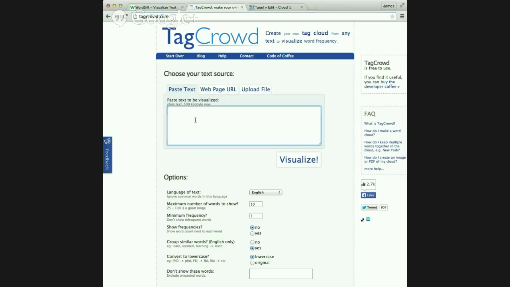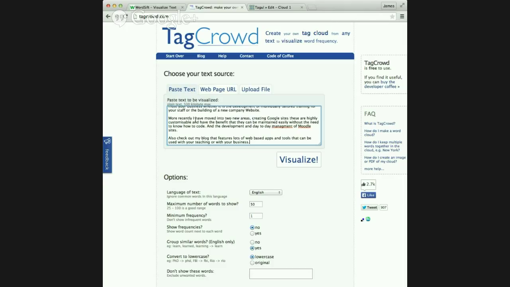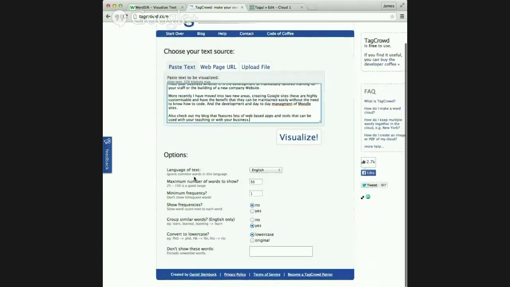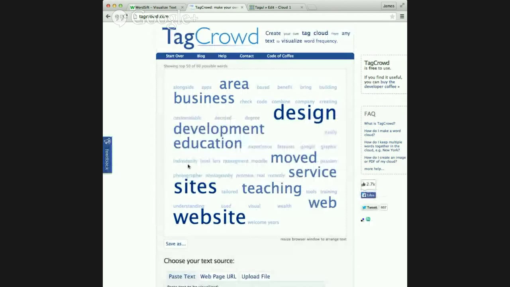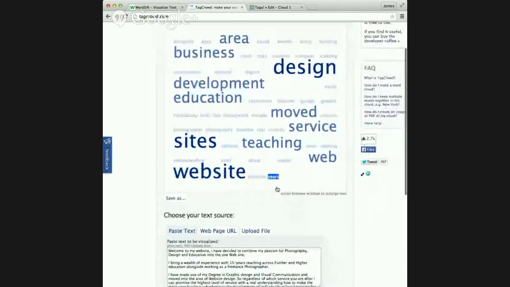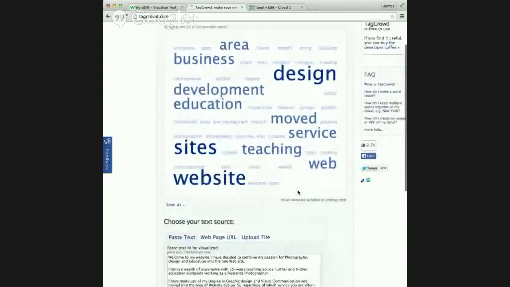So we're going to paste in the text that I had. And then again, we've got some options down the bottom of things we can change. And we click visualize. So there we have